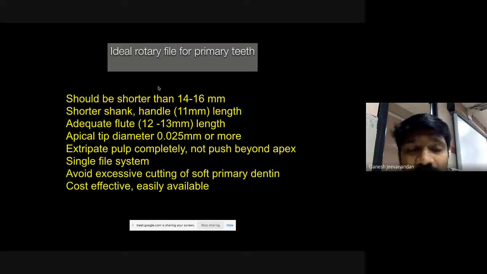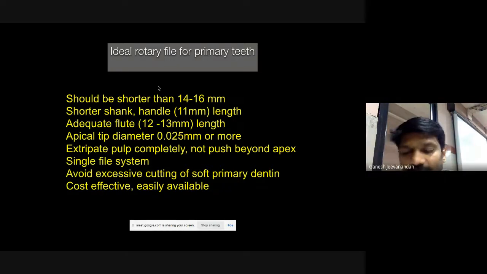Preferably you need a single file system, because if there is only one file to prepare with, you are very happy. Avoid excess cutting of radicular dentin, which I've already mentioned. And obviously, it should be cost effective so that you can buy and use the product. So these are the requirements of a rotary file for primary teeth.